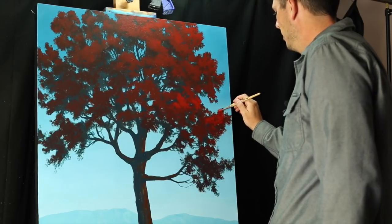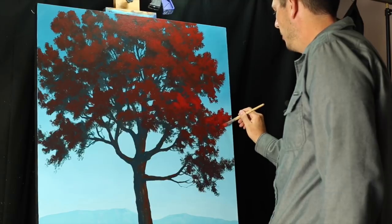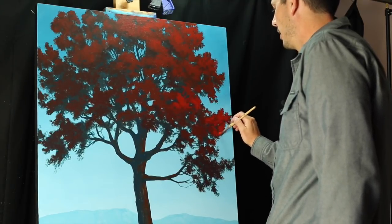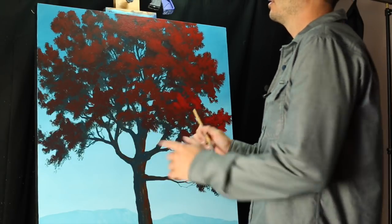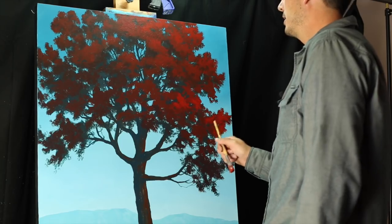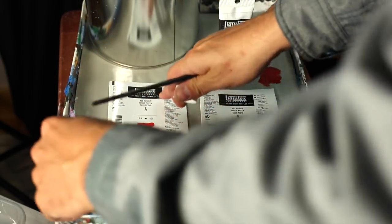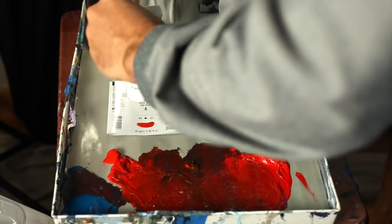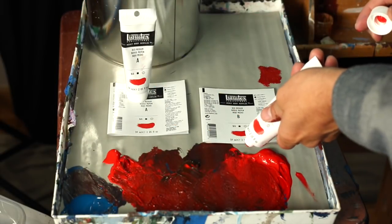and I'll jump ahead to the final layer so we can see how bright and how similar the A and the B paint are. So what I'm going to do is highlight the rest of the tree a couple more layers. Let's jump ahead to the pure red and see where it goes. Okay, I'm going to add just a little bit more paint here, just so I can make sure I get it nice and pure, because we're ready to move on to our pure red to see how it